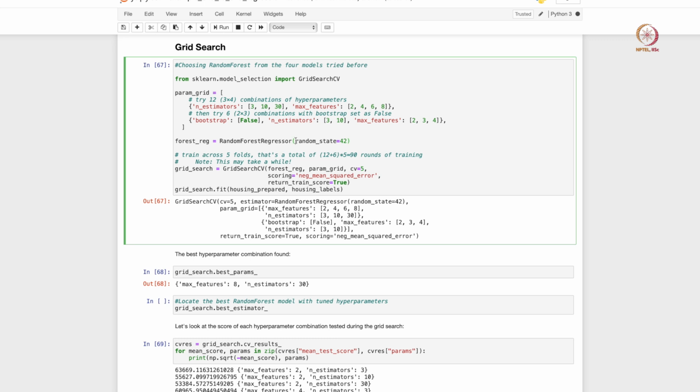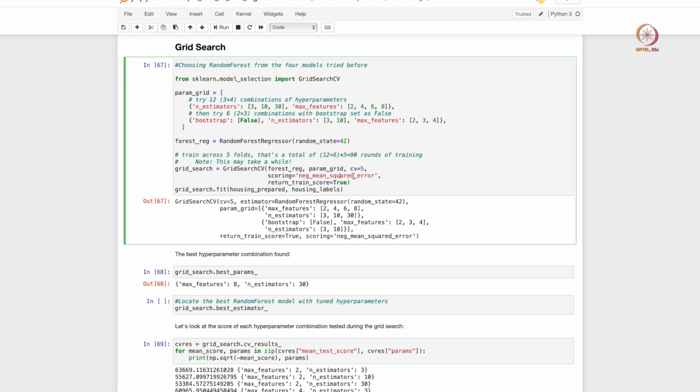And then you create an instance of the random forest model. When you create the instance, you don't specify the hyperparameters because we are going to change the hyperparameters, right. So that's why this grid search CV is useful. And then you do the grid search, right. So you call this grid search CV class, you create an instance of it, you pass in the random forest regression, that's your model, and then your grid of parameters that you want to calculate. How much cross validation do you need, so we will say 5-fold cross validation. So for each combination of hyperparameters, we are going to get 5 models, right. And then capture the average score across those 5 models, right.